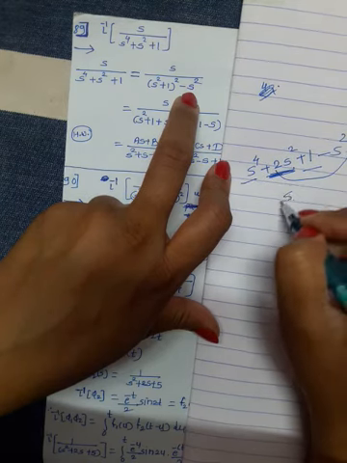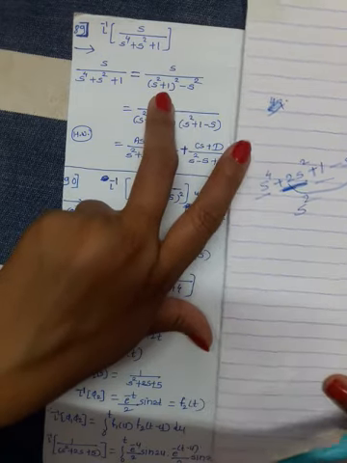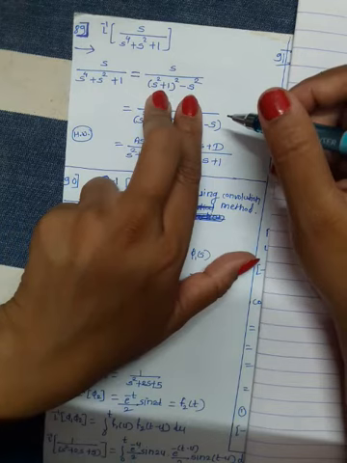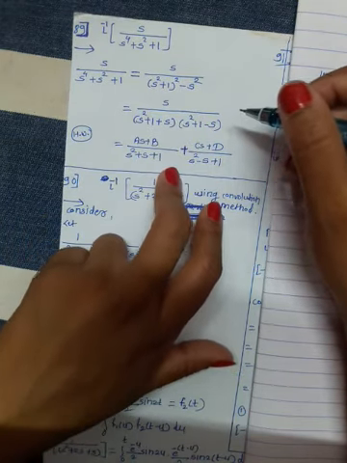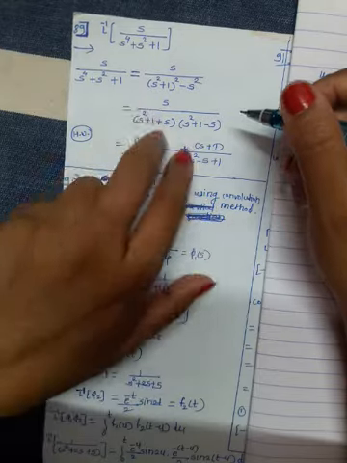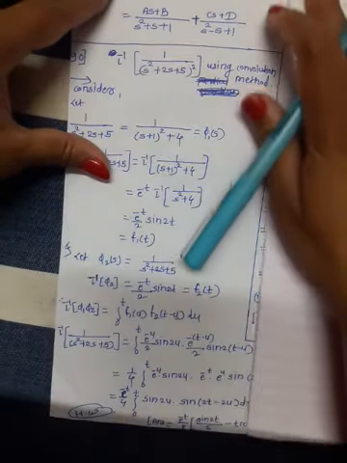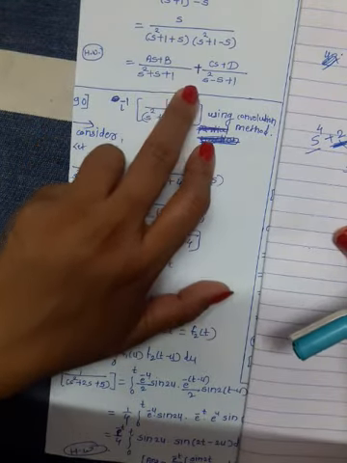This will get s square. Okay, this is the adjustment for this example. Now again, the a square plus b square formula you can use here, a plus b into a minus b. Again use partial fraction here and solve this example. This is a homework for you. I think we have already solved this example